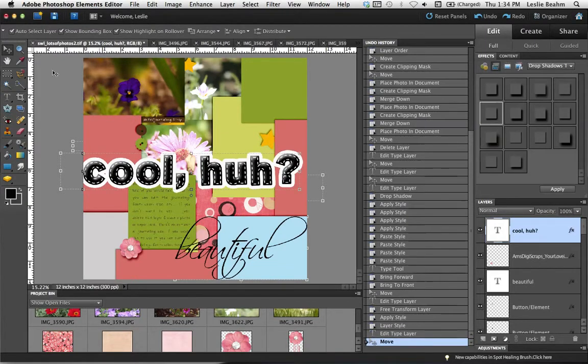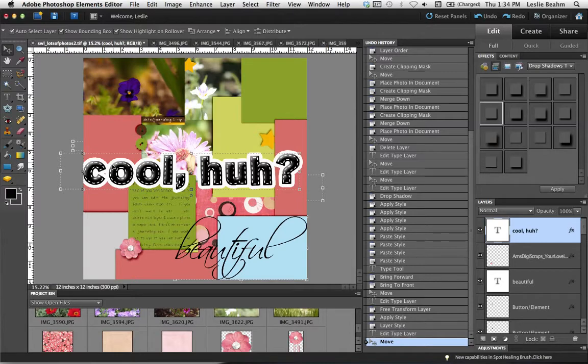Now I know when you open up Photoshop there's all these tools over here, and it can get really a little scary, but you see I was making a page with very few of these tools. I was using the text tool, I was using the move tool, and you should probably learn how to use the marquee tool. The marquee tool actually grabs something for real to make it cut and paste. So